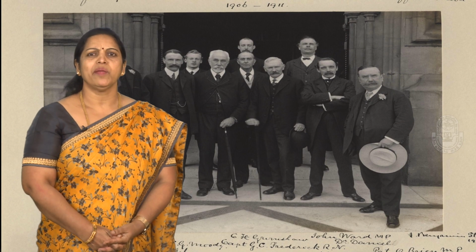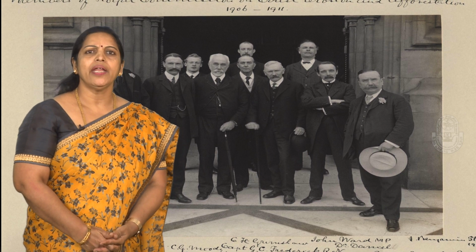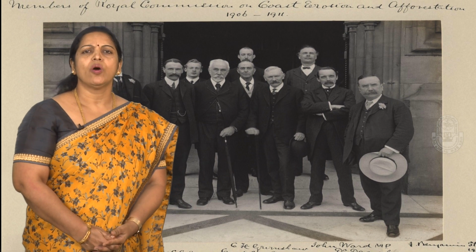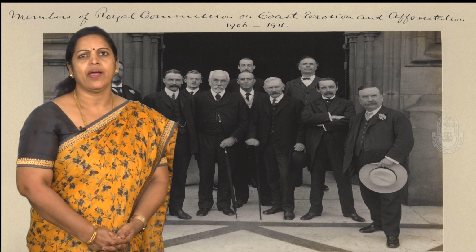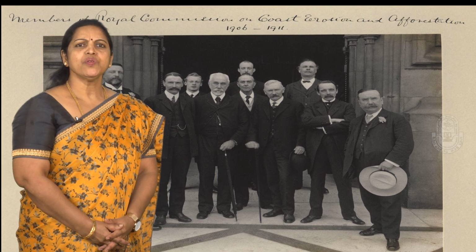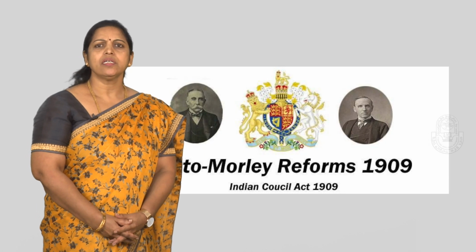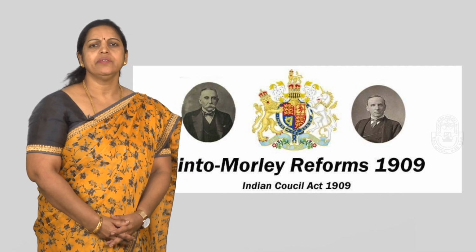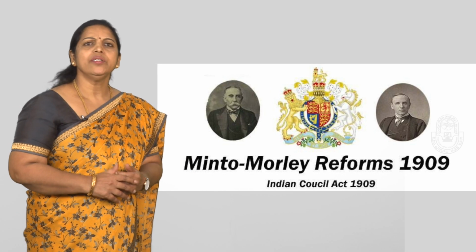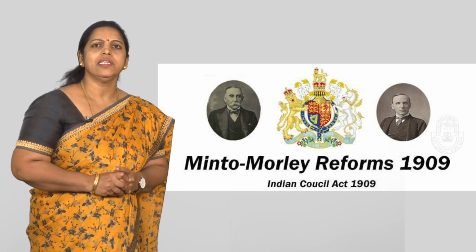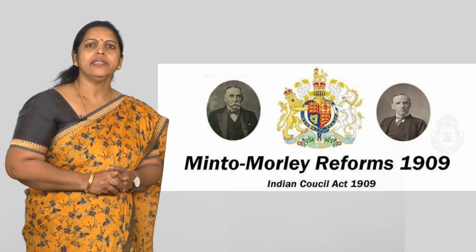As a result of this, in 1908, the British Parliament appointed a Royal Commission to inquire into the relations between the Government of India and the provinces and suggest ways and means to simplify and improve them. In pursuance of the recommendations of the Commission, the Indian Councils Act 1909 was enacted, which is also known as Parliamentary Reforms. Parliamentary reforms did not introduce any significant change in the powers of the Council. They did not make any advance towards the establishment of representative government.